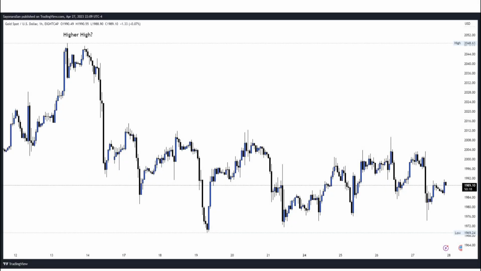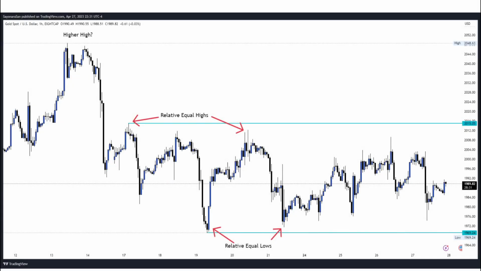And now we have the hourly chart, which shows us that we are in an area of consolidation. Price, as you can see, is just moving sideways. And since the higher time frame bias has me looking for lower prices, I would be looking to short gold. So if we draw out the levels that we would have liquidity accumulating, this is what I see.